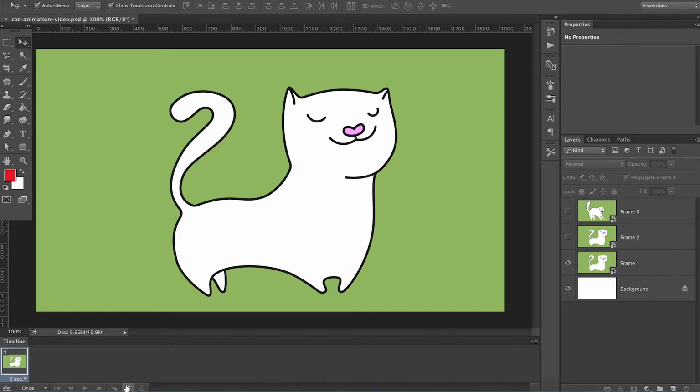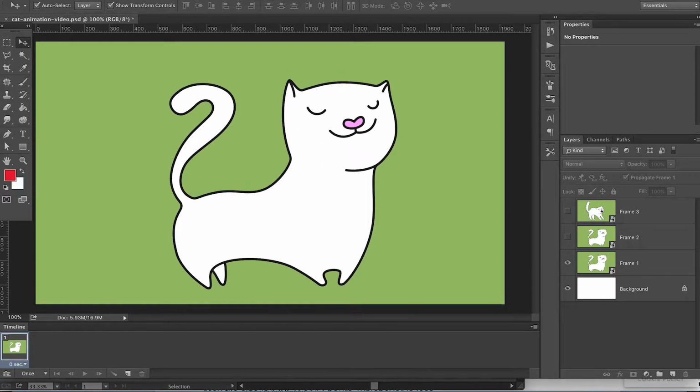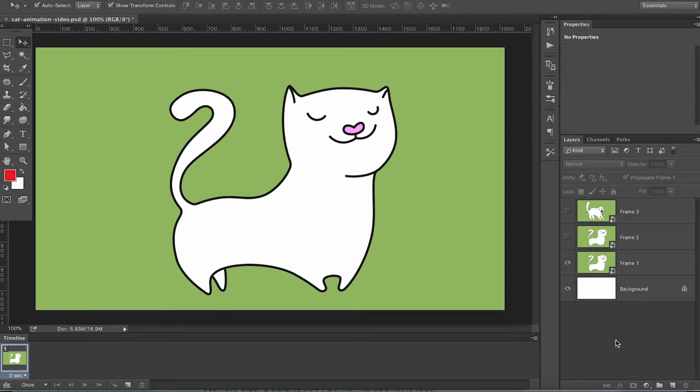The first frame of my video. This little icon here is the one that helps me to create new frames. So I'm clicking on it and I will switch on the second frame. So here we can preview already